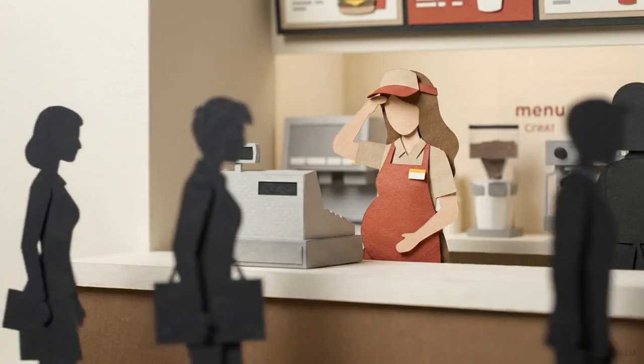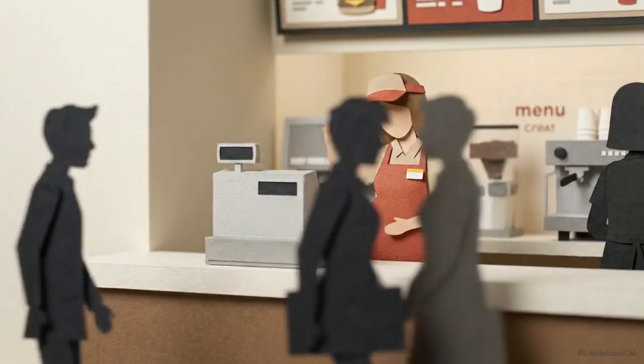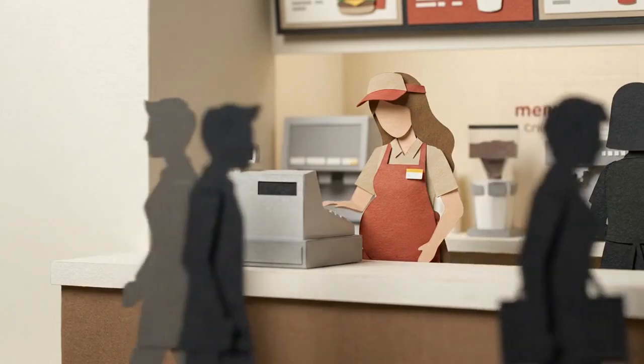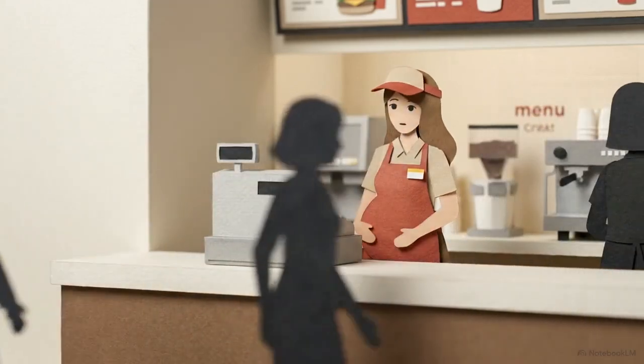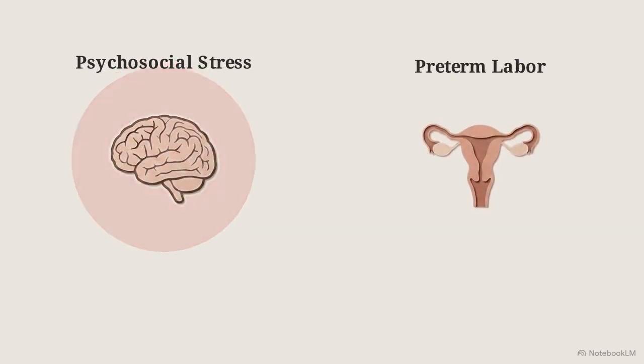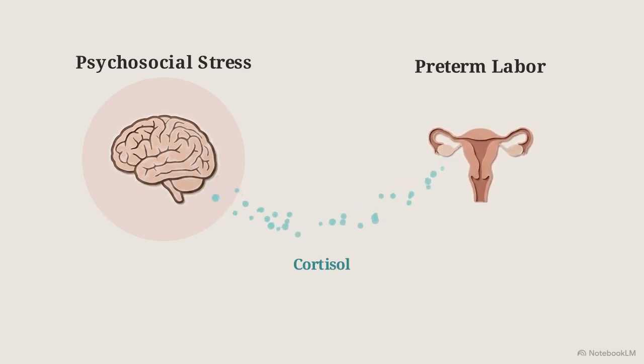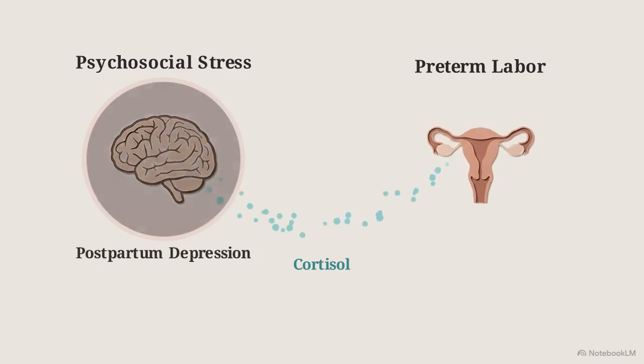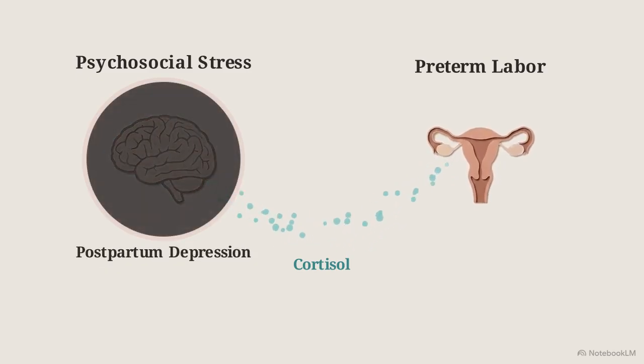Domain 3 is social and community context. Picture a client working multiple physically exhausting jobs without any family support system to lean on. That severe psychosocial stress and chronic exhaustion elevate cortisol levels and trigger physiological cascades. This directly increases the risk of initiating preterm labor and places the mother at a higher risk for severe postpartum